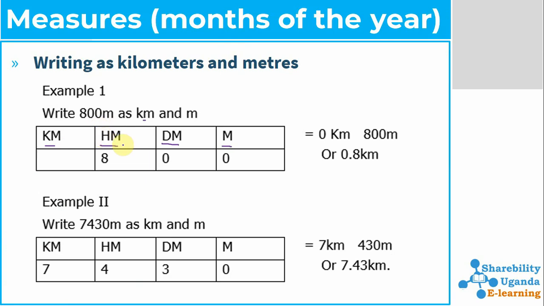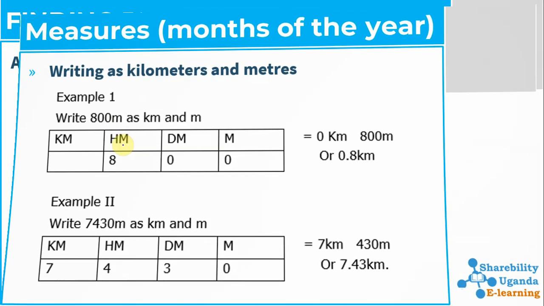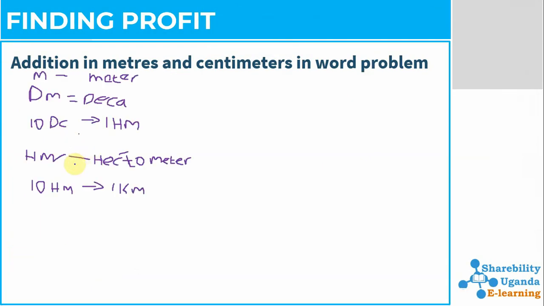They want us to change our 800 meters into kilometers. This is what they are trying to mean. We want to change this to a kilometer. So that means, bear in mind, we said 1 kilometer